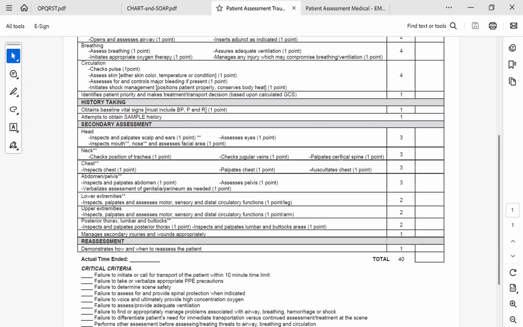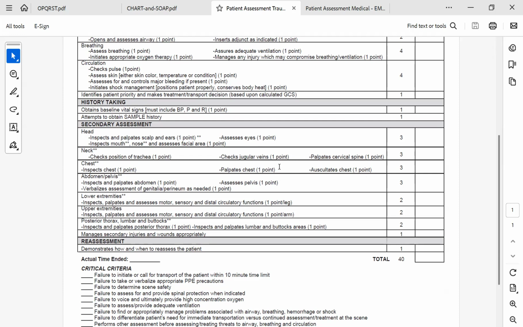And we're going to palpate their cervical spine in the back of the neck. This is where I would then put a C-collar onto somebody if they need that. We're going to look at the chest. So inspecting the chest, we're going to palpate it and auscultate it. So we're going to look, listen, and feel. So looking at their chest, we're going to push down, pull up, making sure everything's stable, and listen to lung